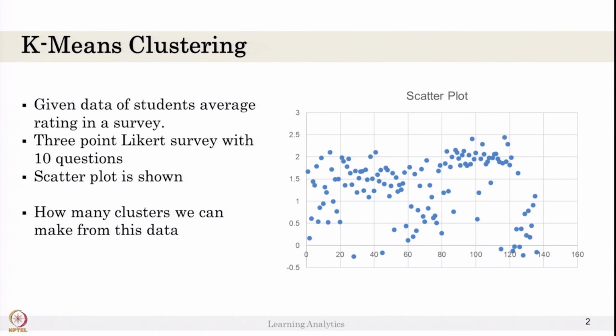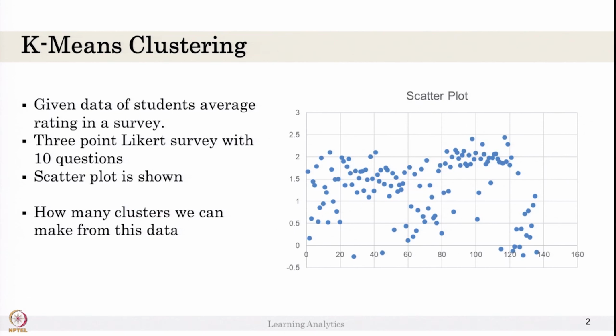Let us look at this data. It is a response to a 3-point Likert survey which has 10 questions. Ignore the x axis and y axis numbers, and consider this a scatter plot. It plots the students' average score, or the addition of scores. Say we collected around 200 students' scores on 3-point Likert survey questions, and you are plotting them in a scatter plot. You want to see whether these students